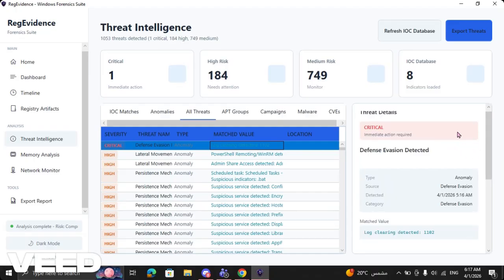As you can see here, the threat details panel opens on the right with a red critical banner at the top saying immediate action required. Then the finding name, which is defense evasion detected. The details include the type, source, detected category, and the matched value for it, which is log clearing detected